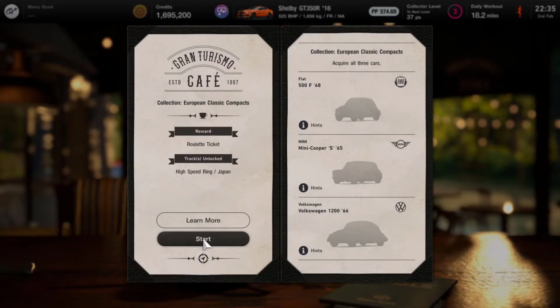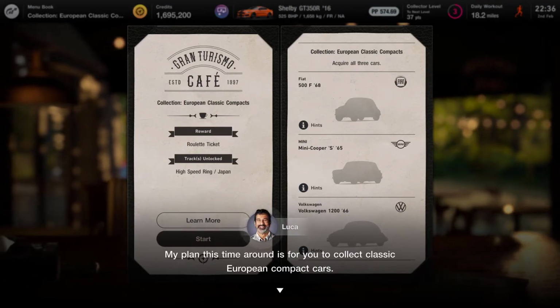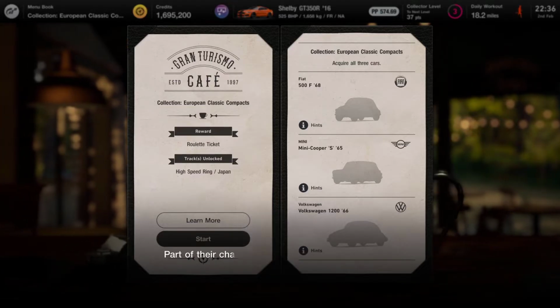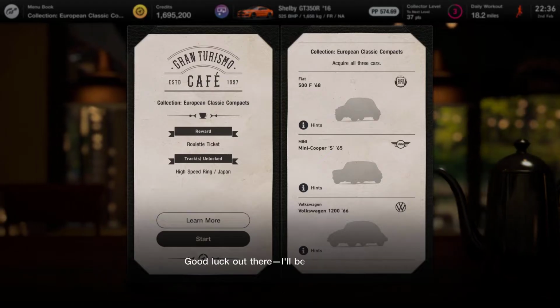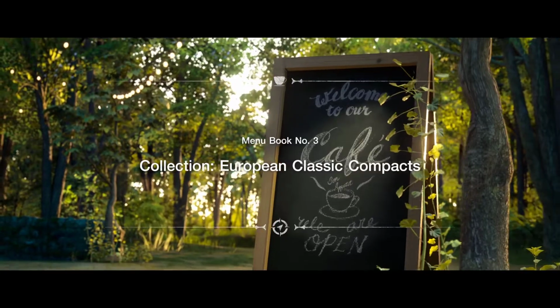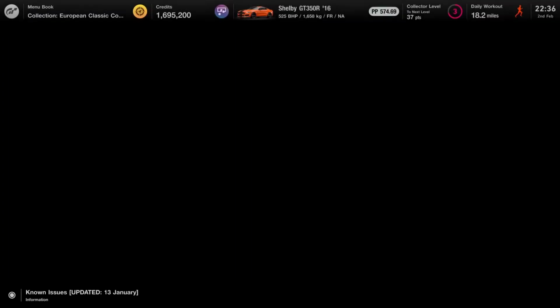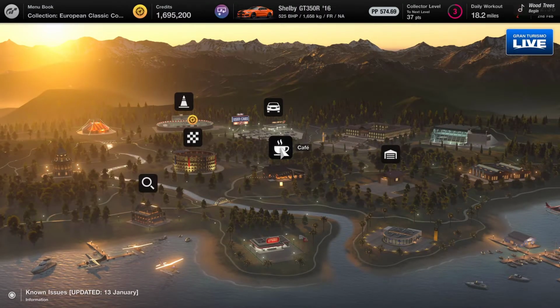Now in the cafe we are going to be opening up a new menu book to win a series of European classic compacts, so 3 cars. It looks like there's a Fiat 500, a Mini Cooper and the Volkswagen Beetle. So those are going to be the next 3 cars that we are going to aim to collect, to complete, as you can see there, menu book number 3. So we'll come out of the cafe, we'll head over to the World Circuits,